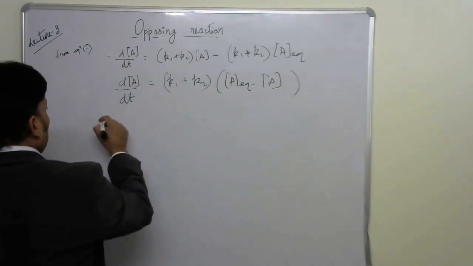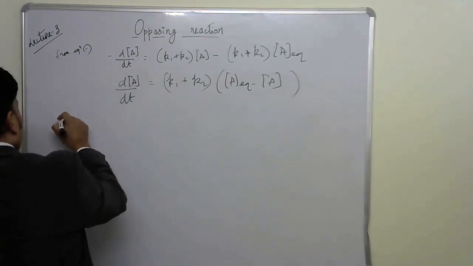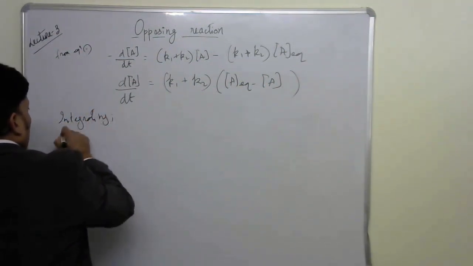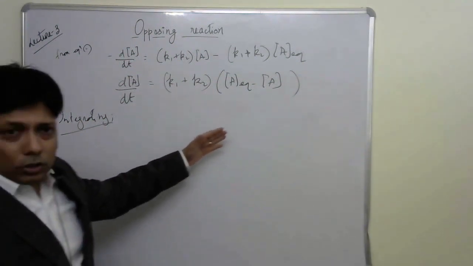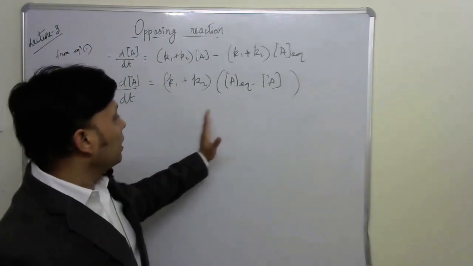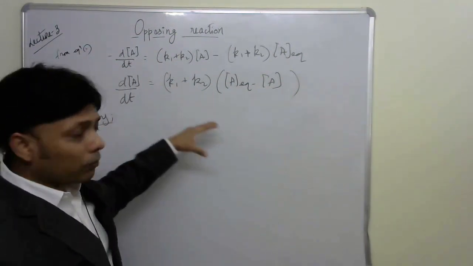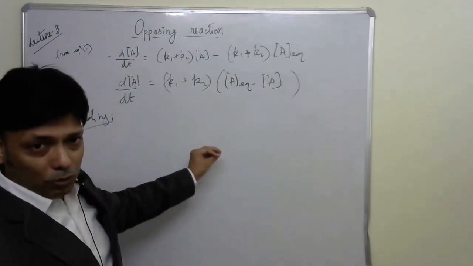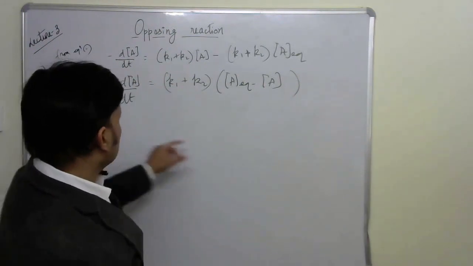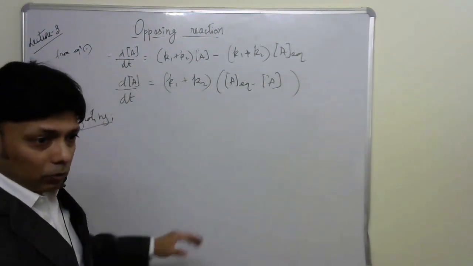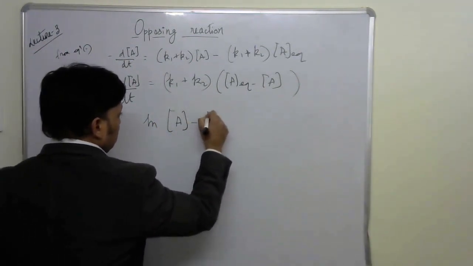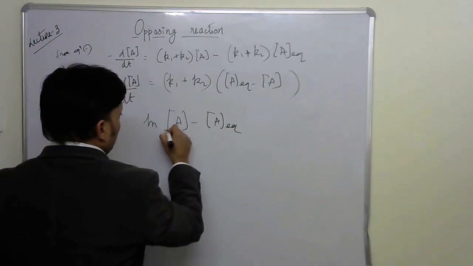Okay, so integrating, and by putting in all the boundary conditions, as we have learned earlier, that if we integrate and put the boundary conditions, that means at t equal to 0, A is equal to A naught, etc. Then the final integrated rate equation would appear something like this: natural log of A minus A equilibrium divided by